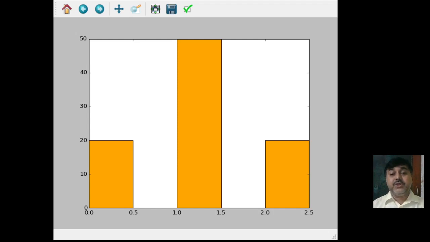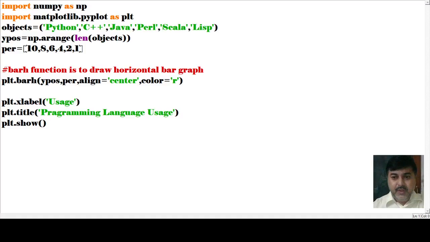So this is what the bar graph is, depending on the data of x and the data of y that has been given. The x value we have given, and in y we have used two things: one is length, another is range. When we combine both the length and range, this particular output is formed and constructed. Okay, so let us see the next program. Now let's see another program.